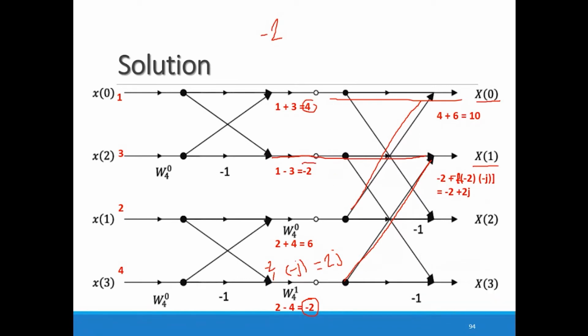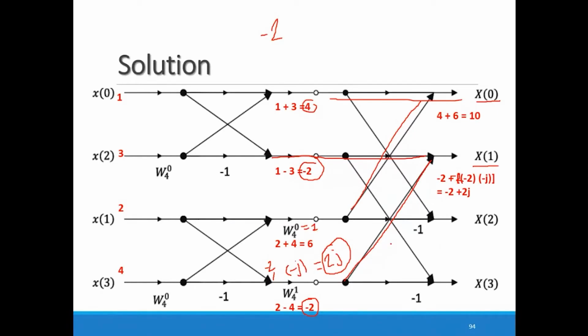Just a second. You are getting this minus 2 plus 2j. Clear up to this, Ekta? Yes, sir. And in the third place, what happened? You are getting the value directly from here, which is multiplied with the twiddle factor omega 4 to the 0. Omega 4 to the 0 has value 1. So here 6 is multiplied with 1, so your answer remains the same, 6.